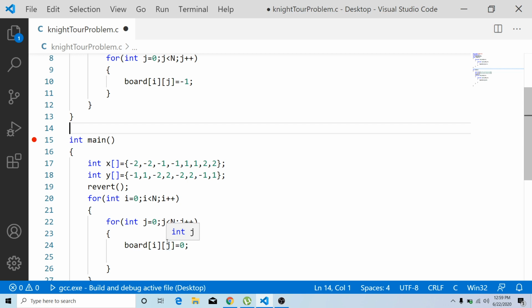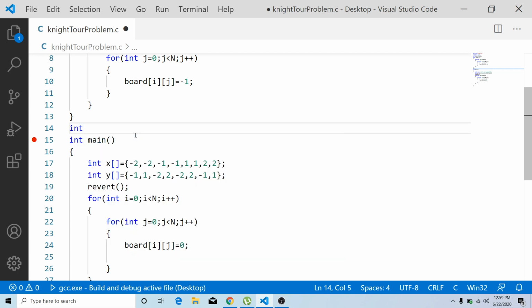If there is no possible solution at all, then the solve function will return 0. So it returns either 0 or 1, an integer value.